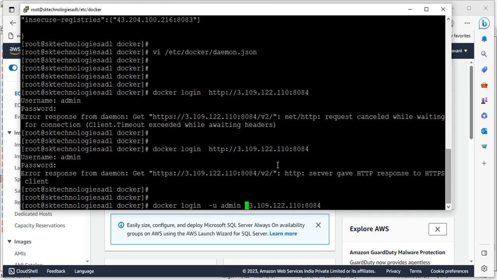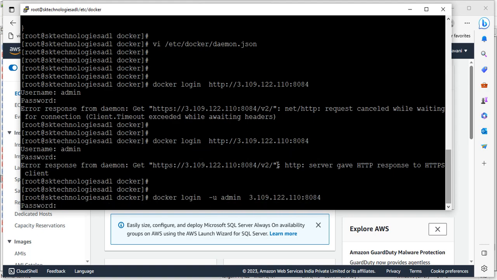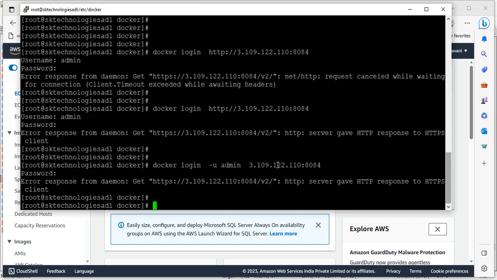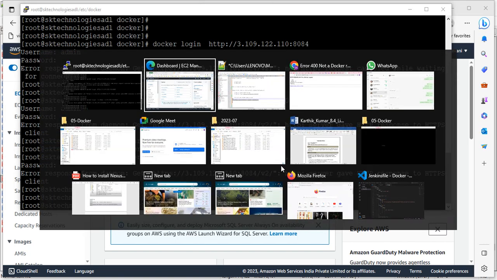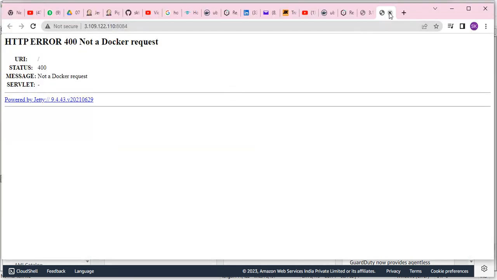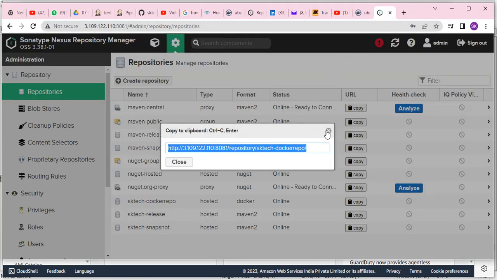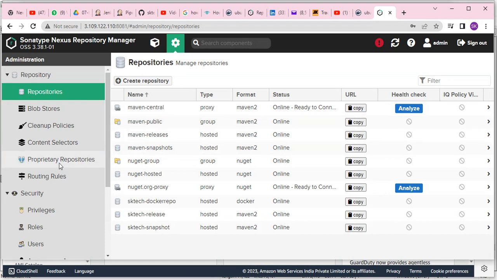Okay. So now directly it is asking for the password. Server responses. Yeah, this is also a known issue. Okay, the reason why it is failing, I will tell you. After creating the repository, you have to configure one thing,